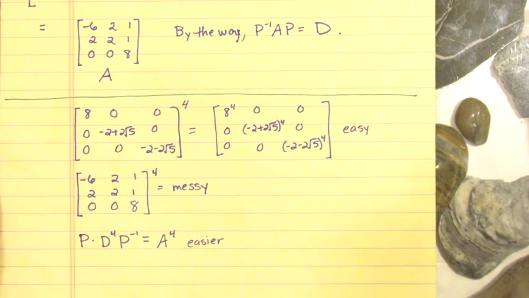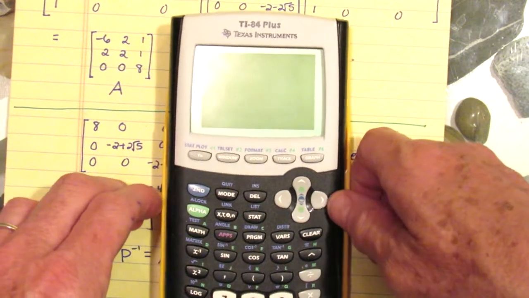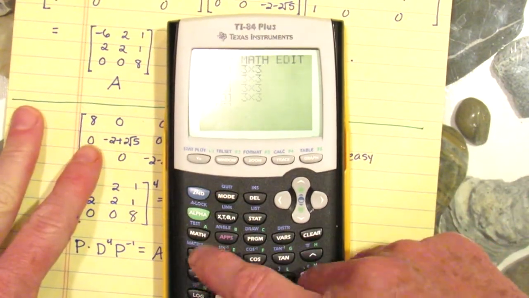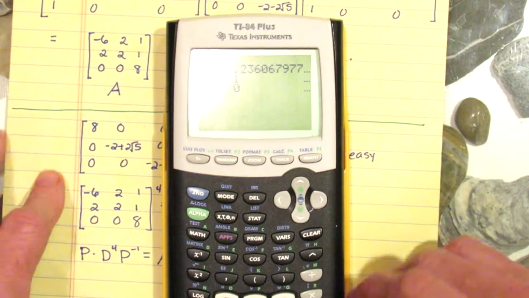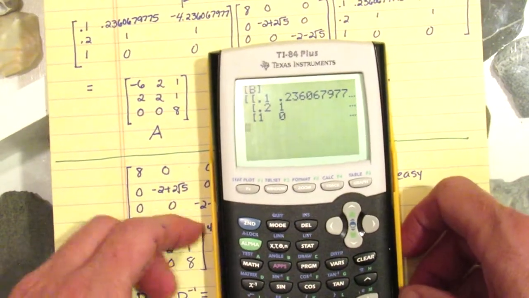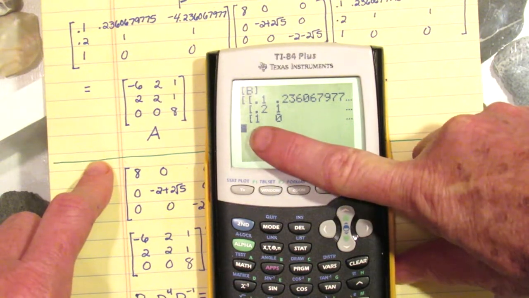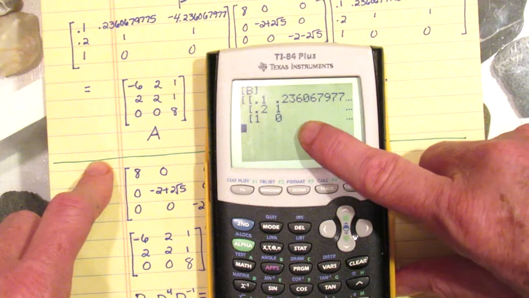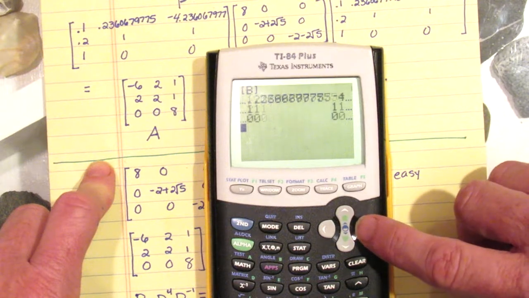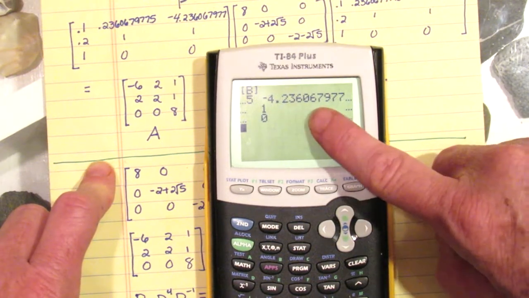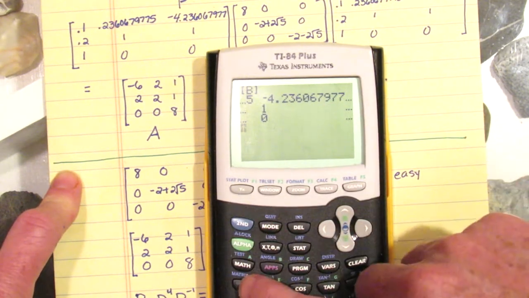Showing this on the calculator, just so that you believe me, we have in B, I think, I put this is P, okay? So you notice that 0.1, 0.21, and then this is the eigenvector, or the eigenbasis vector for that second eigenvalue, and then if I go over, here's the eigenbasis vector for the third eigenvalue. So B is P, and then in the calculator